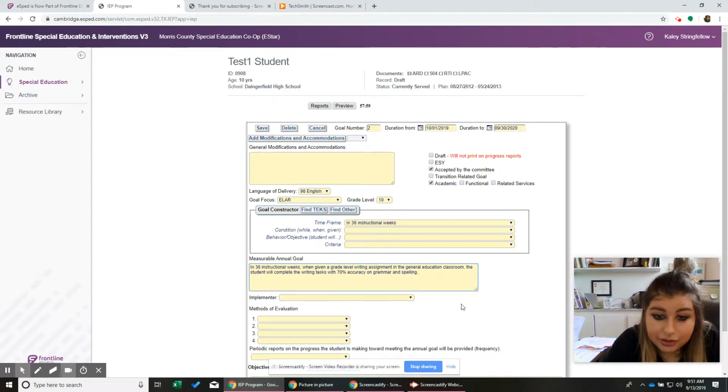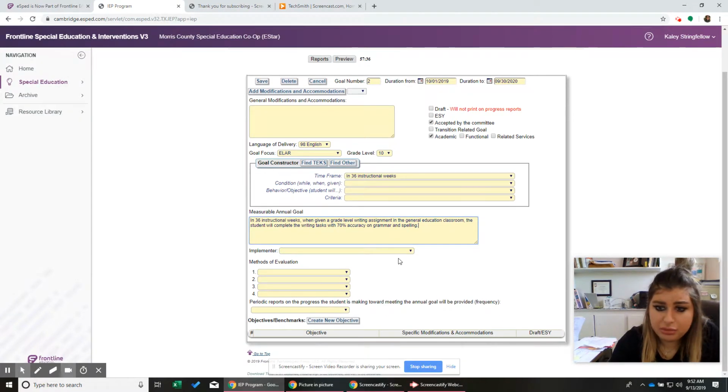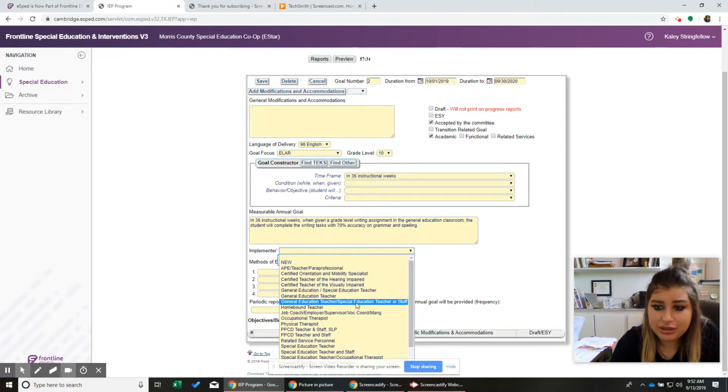And if you want to, you can say as measured by... it's pretty self-explanatory. I feel like you're looking at their essay and marking all grammar mistakes and seeing if 70% of them are correct.